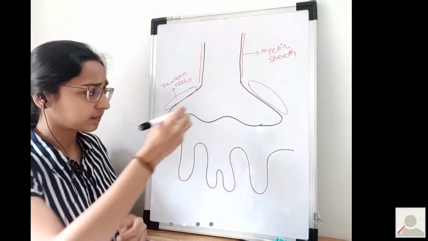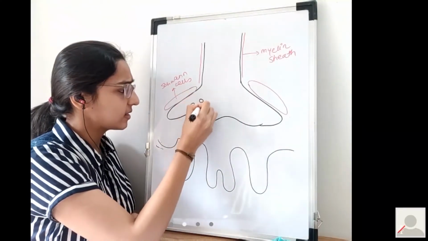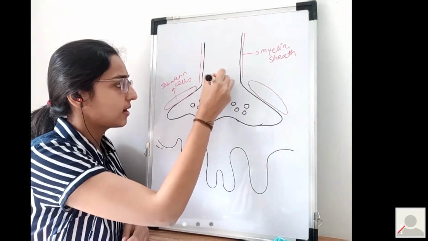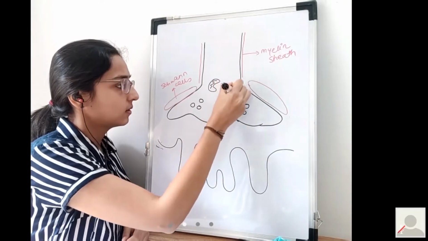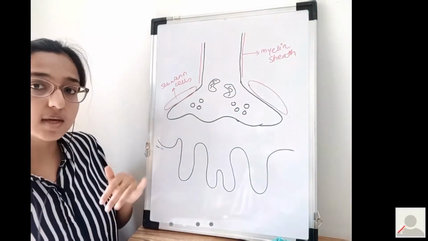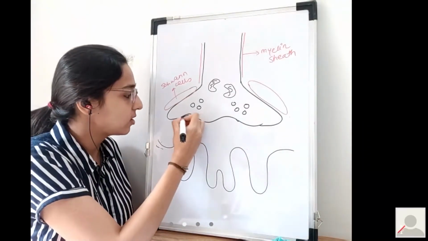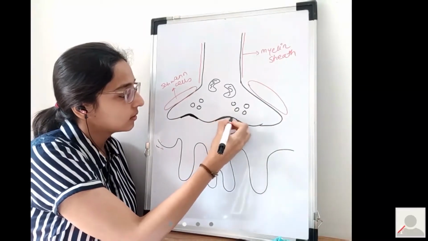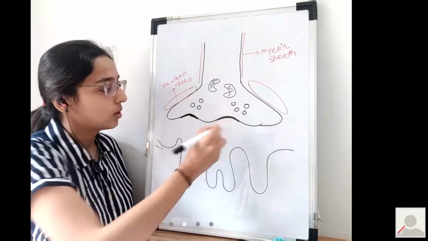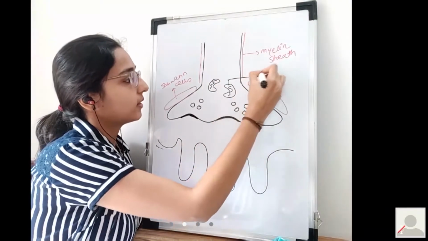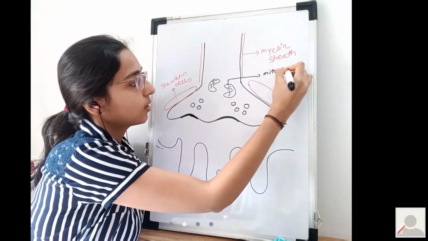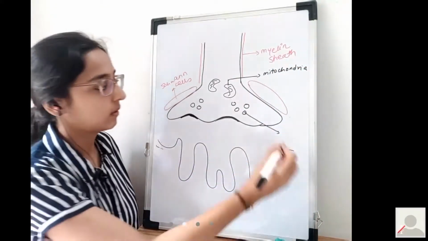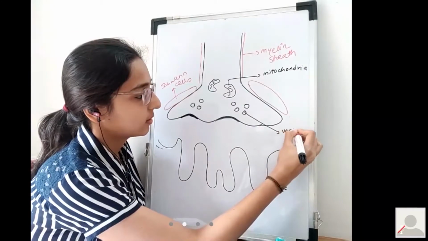So now you know that there are going to be many vesicles inside. What have I drawn here? What is this and what is this? I'm drawing some things. You keep telling me if you identify any of these structures, whatever I'm drawing. Yeah, somebody said this is mitochondria. You're right, this is mitochondria. What are these? Yeah, these are vesicles.